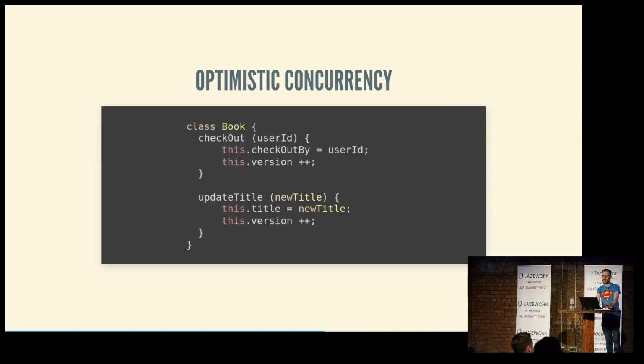So the easiest way to implement a lock in DynamoDB is to use version numbers, right? So we could create a new book object, and when we create the book, it's at version 0. When your granny reads the book out of the data store, we fetch the version number, so she's got version 0 of the book. When the librarian updates the book, we increment that version to version 1. Now when grandma tries to reserve the book, we notice there is a version mismatch, and we can reject her